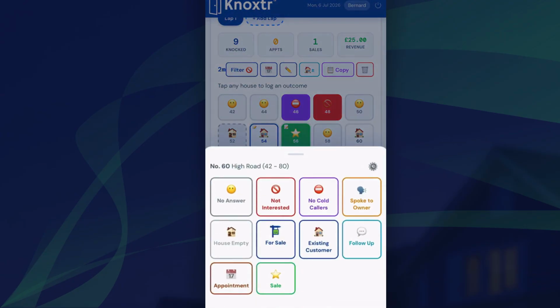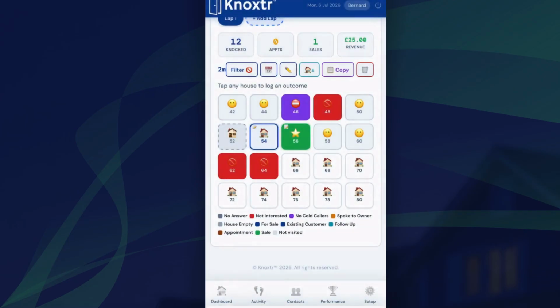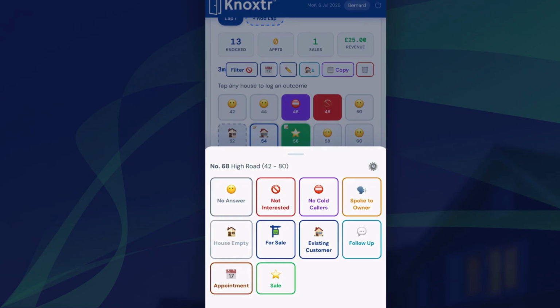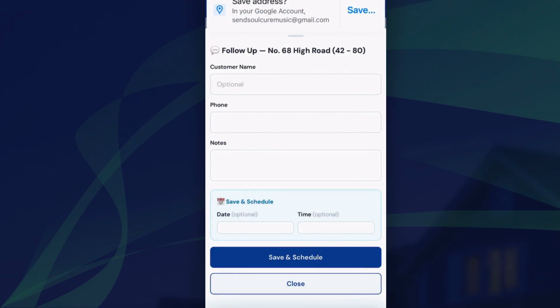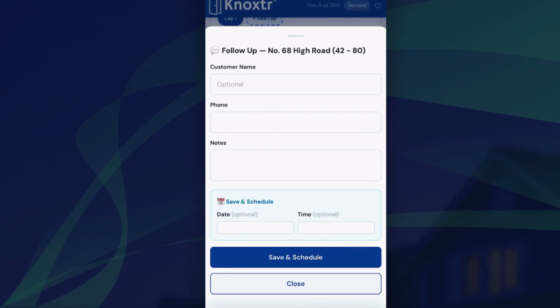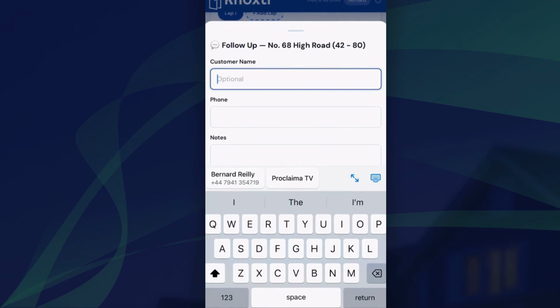And we just keep knocking, and we keep going along, and we get some not interested, no cold callers. And then we come across a house where we speak to somebody and they say, my dad's genuinely looking for something at the moment. He's not in, can you come back? So we call that a follow-up. So we're going to go back and we're going to go and speak to